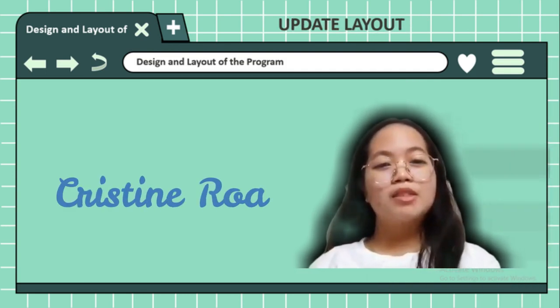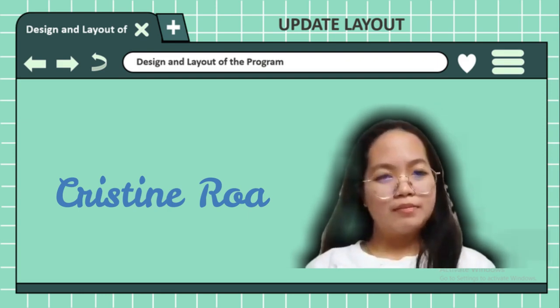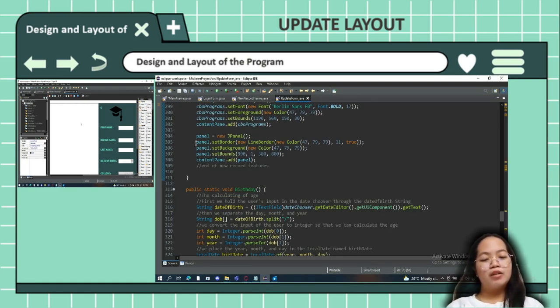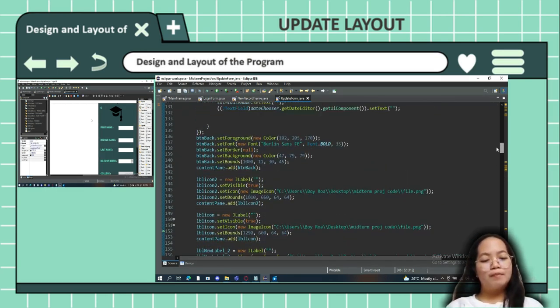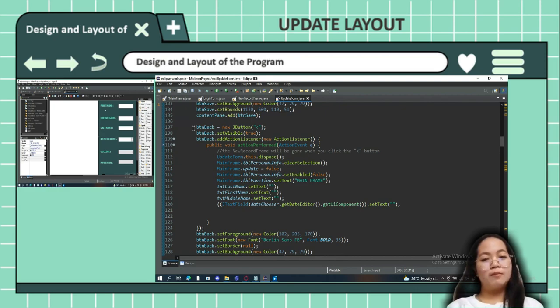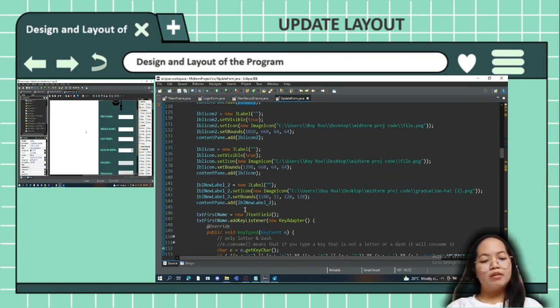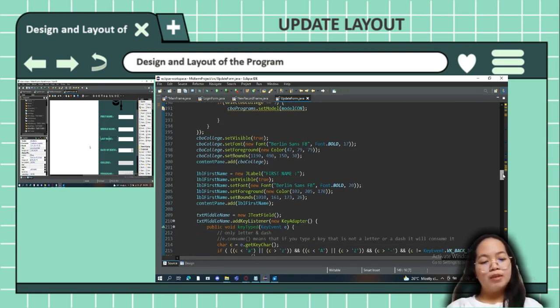Hi, I'm Christine Jordi Roa and I'm here to explain to you the design and layout of our program in Update Form class. In Update Form class, we use the full transparent frame and transparent content frame, then a dark green panel for division. On the top of it, you put btn back for closing the update class, labels for